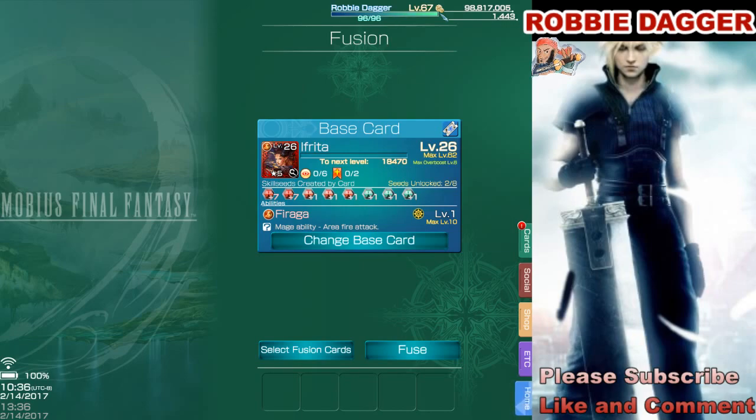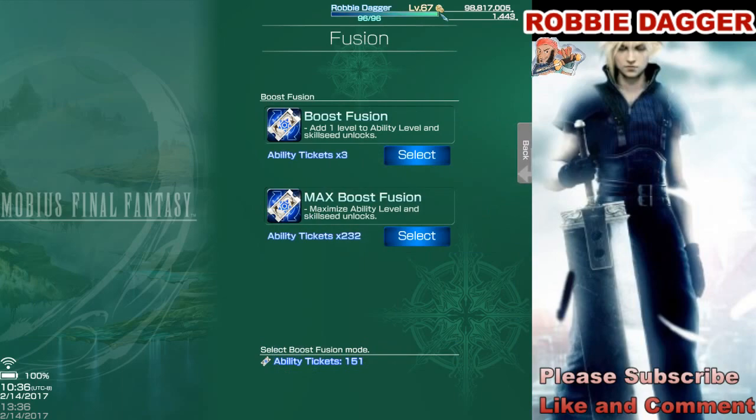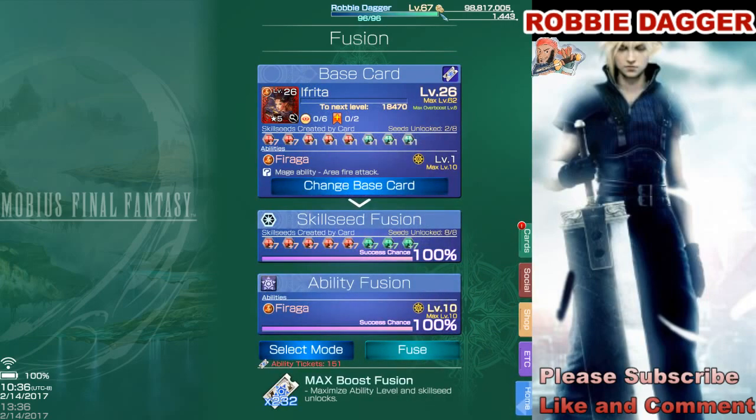there's another way to bypass the system. You know what I'm saying? So in the upper right corner, I'm sorry, I believe my cursor's off, but where it says the level of this card, how it says it's level 26, right above that, there's a little icon, and that's the ability tickets icon, and if you click that, it changes everything up. Everything looks way different. It lets you access this thing right here, right next to the fuse where it says select mode. You can select mode, and as you can see, if I had 232 ability tickets to spare, I could just choose this, max this card up to 100%, not have to worry about a thing. But as you can see, I don't have 232 ability tickets to spare,